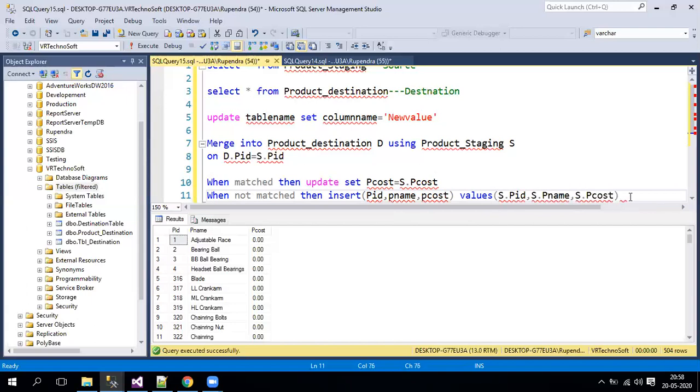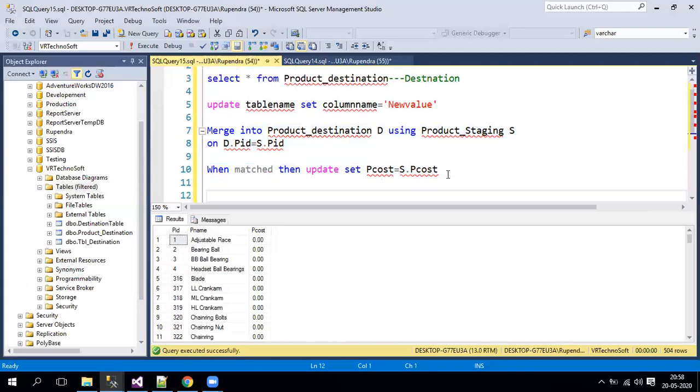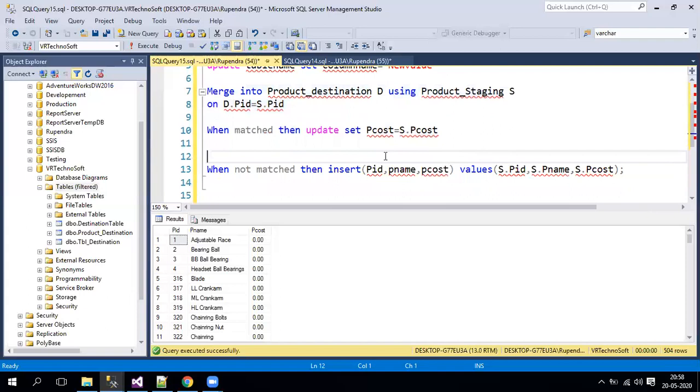Now when you execute this, it will merge the data from source to destination. And for a merge statement, the semicolon is always a must. You can perform only one statement at a time using a merge statement, or more than one, which means you can update and insert, or perform two at a time. We can also perform delete if required. But however many statements you are taking, at last you have to terminate with the semicolon. It is mandatory in case of merge statement.